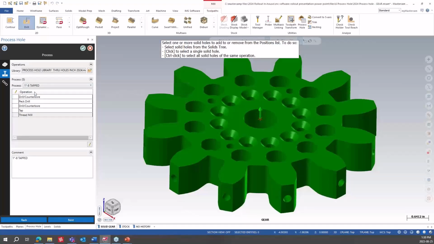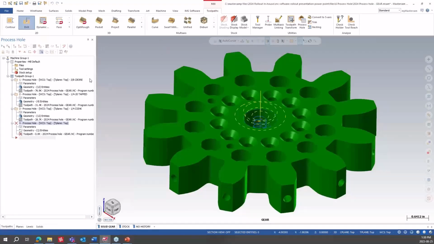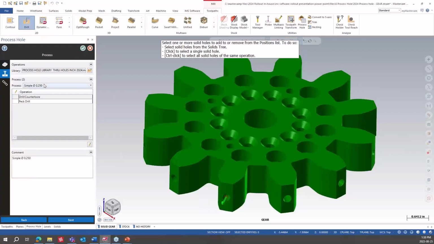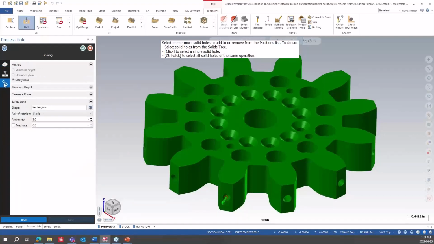So I'm just going to select this 1/8 tap, and I'm going to say okay to that. Then if I select these holes on the outside, I'm just going to select the one, because when you do the holes, those aren't all done together, so it's only going to select one at a time. I'm going to say okay to that, and I'll say 1/4 inch 20 tapped. And if I go to my linking, now you're going to see something different because it's not on the top plane anymore, it's on the outside. So all we have to do is set our